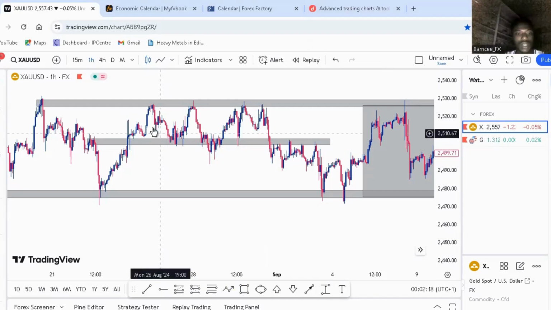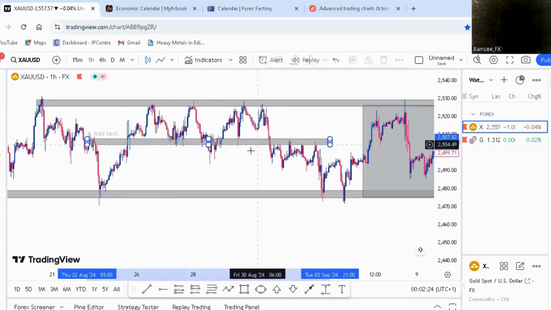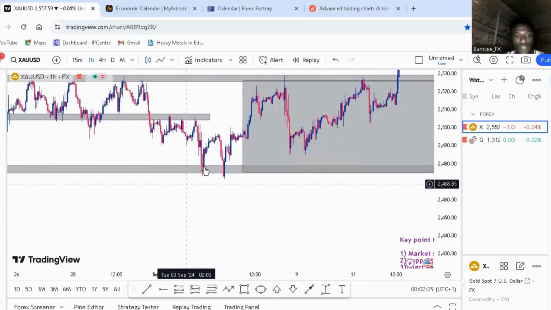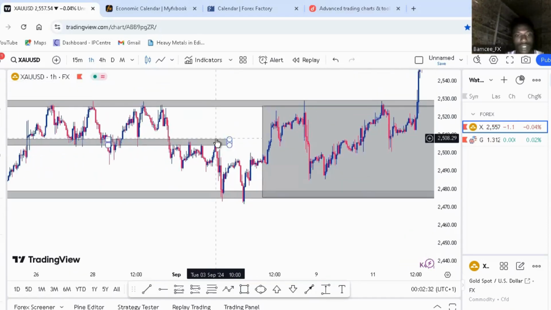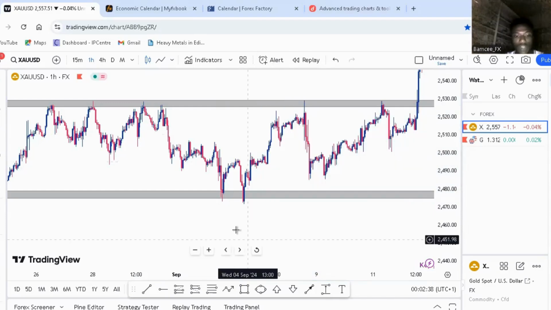Now gold breaks down from this particular area. It has been struggling and still moved down again towards the support area, which is here. Here's the support area. Understand? Let me clear up this stuff. Here's the support area, and on the support area, you saw what happened there. There was a clear